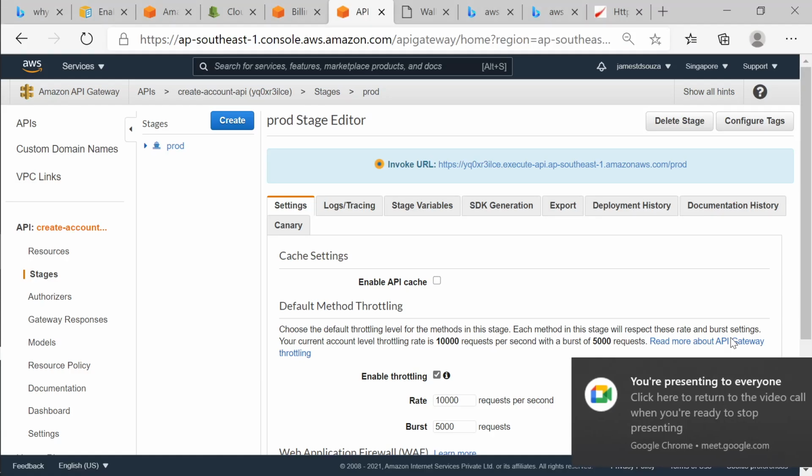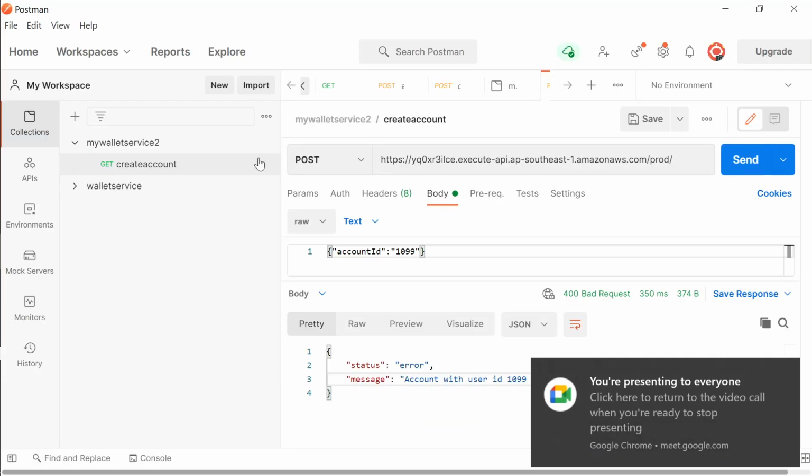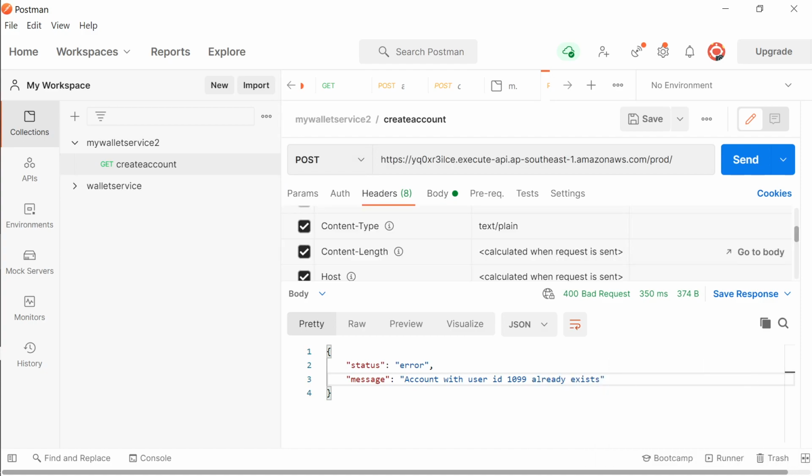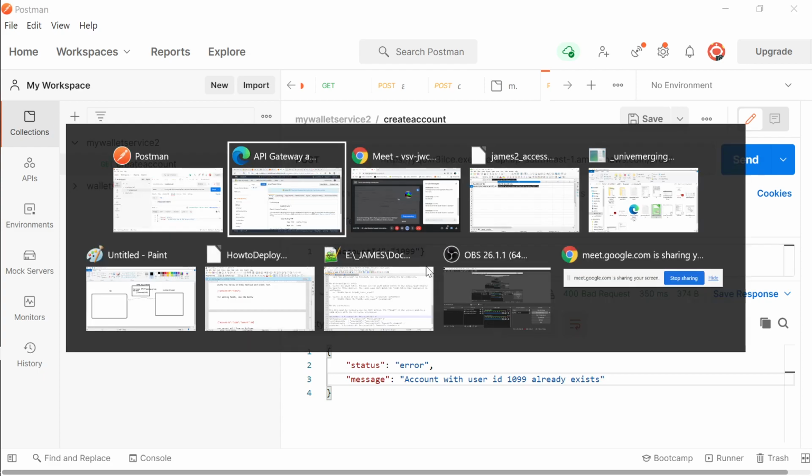So in the header section, okay, Postman, this is the header section. Content type is text slash plain, and body should contain this format over here, account, this format, and this is given in the readme file also. These are the two main conditions, and the authentication should not be there.